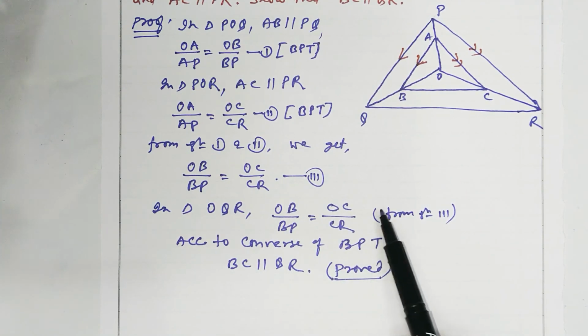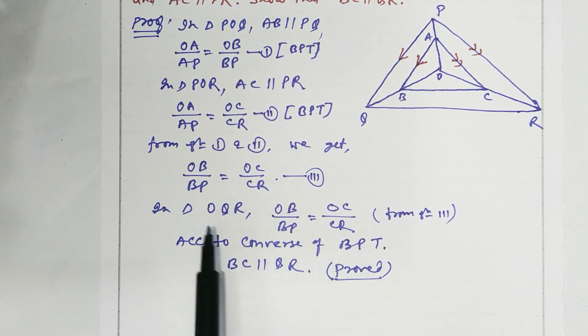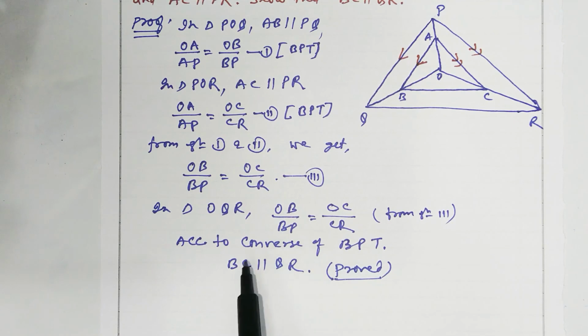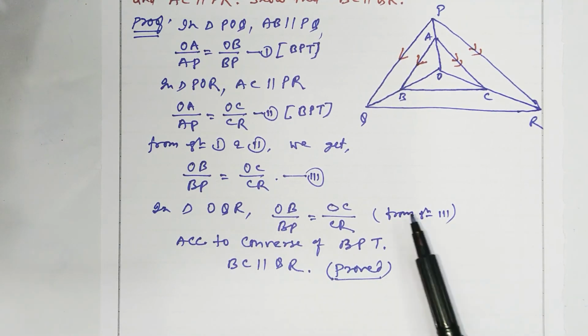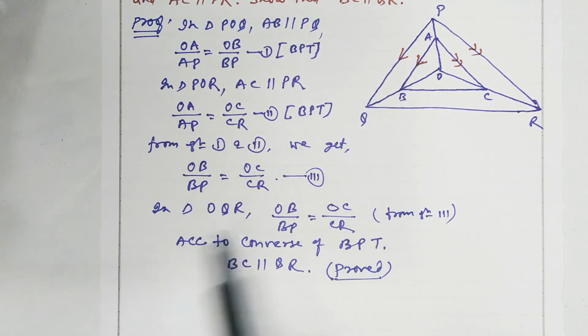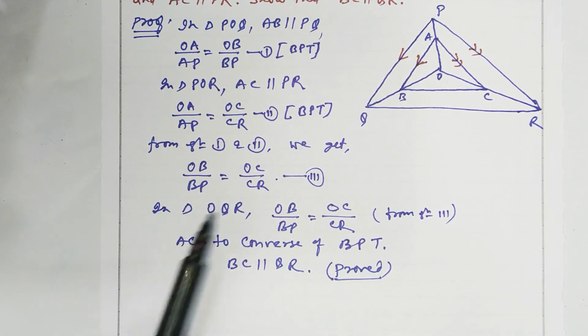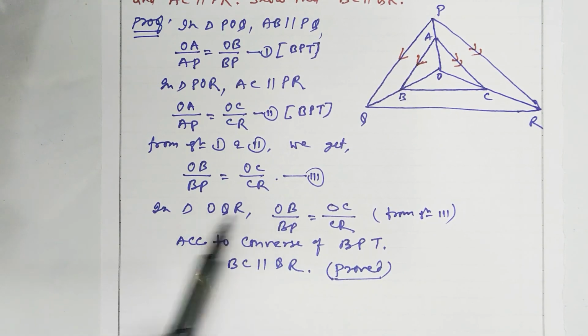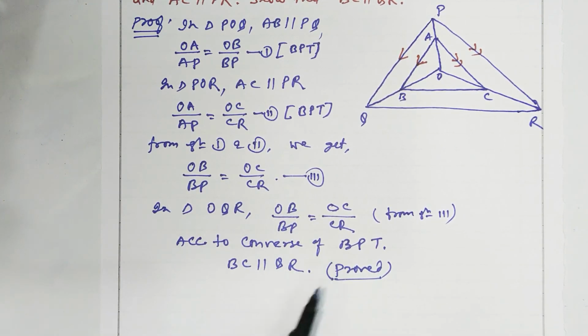Clear? I hope by these two examples, which I gave you after the two theorems, you get help to do all other questions of your book exercise, with the help of these two: how to use BPT and how to use the converse of BPT. I hope it is very clear to all of you. If you go through the video twice or thrice, you will get a better concept to apply what you learned in theorem number 1, BPT, and theorem number 2, converse of BPT.